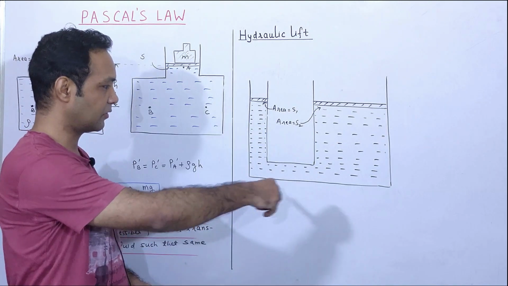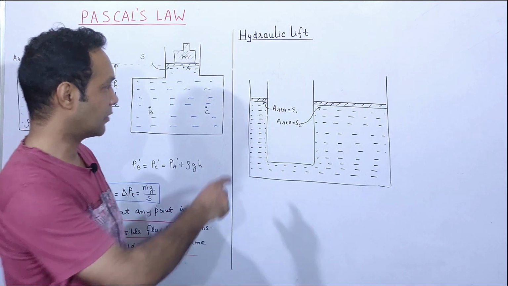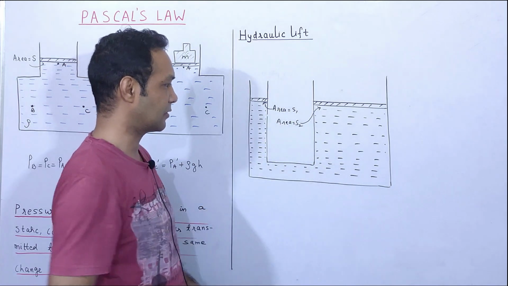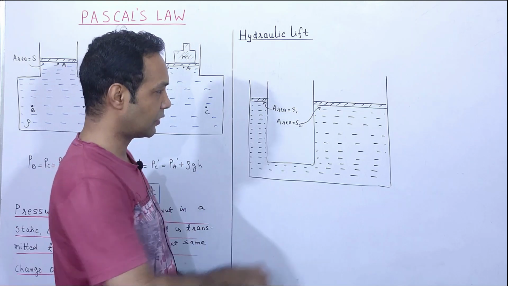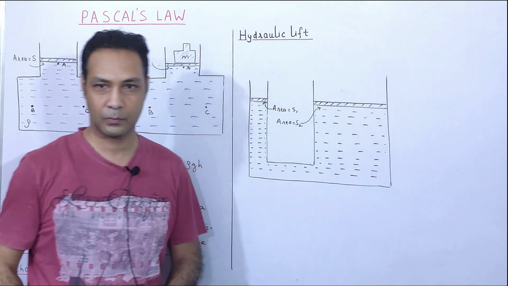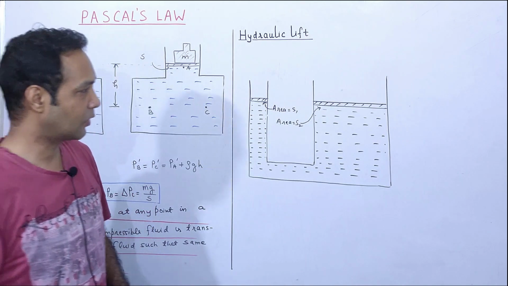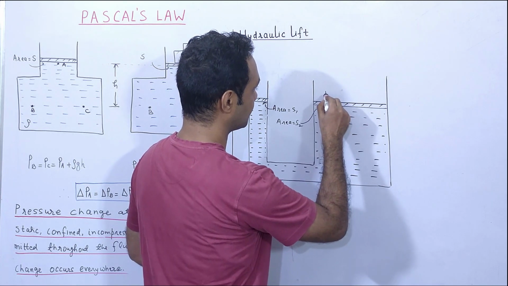So I have drawn this picture. This is an incompressible fluid and there are two pistons. The areas of cross section are different, S1 is less than S2, and it is already in equilibrium. There are weights and atmospheric pressure, so because of all those things it is in equilibrium. Now I want to change it. I want to put a very heavy object. Suppose I want to place a car here.